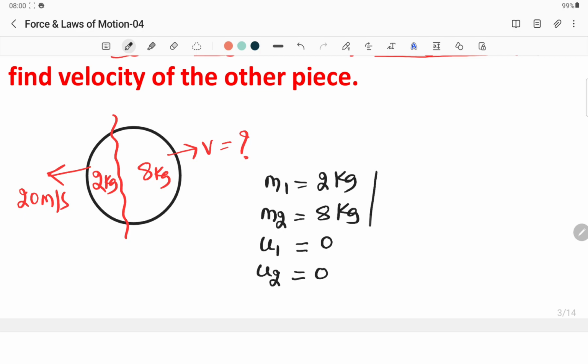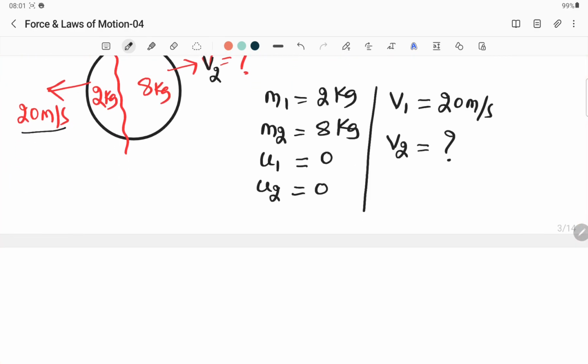Then the final velocity of the first piece, the 2 kg, is 20 meter per second. v1 is 20 meter per second. Then how about v2? v2 is the final velocity of this second piece. You can call it v or v2, there is no issue with that. We are supposed to calculate this v2. Are you getting my point? Then easily you can apply